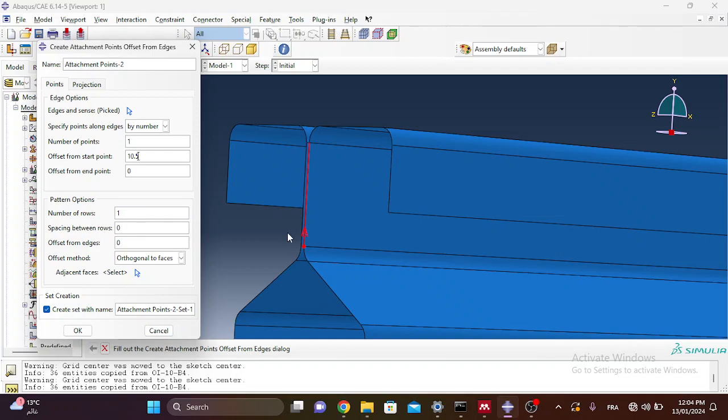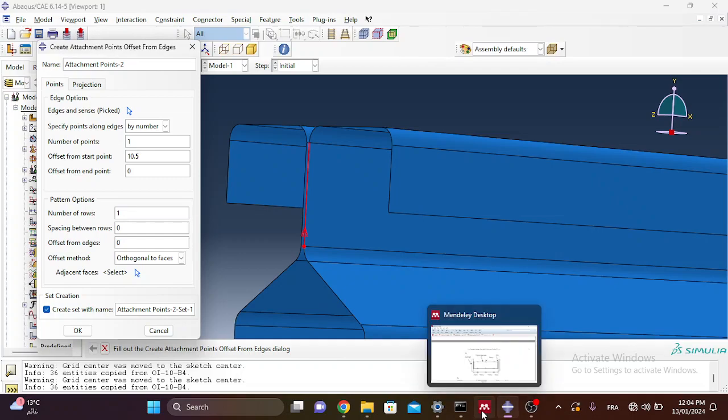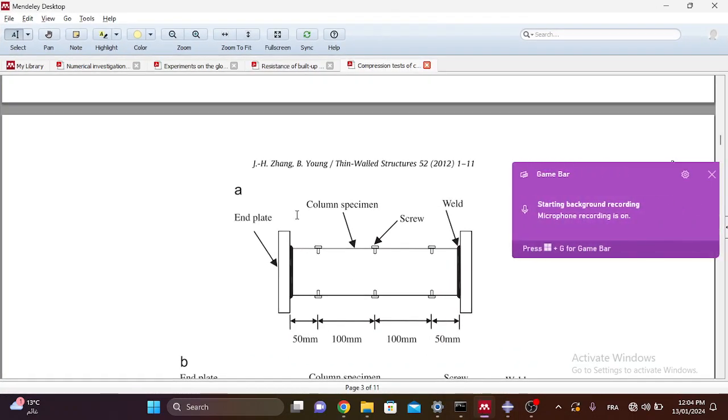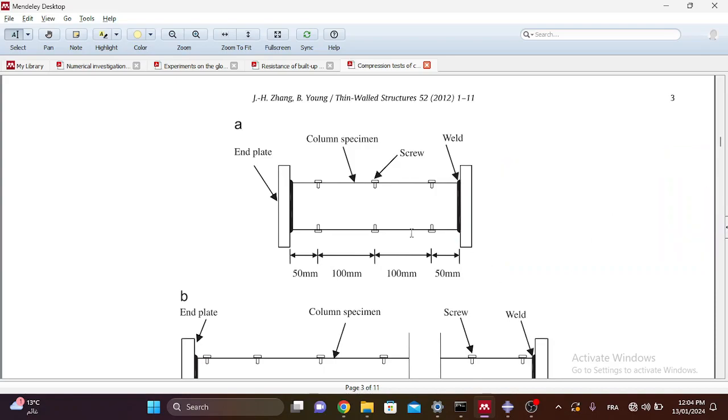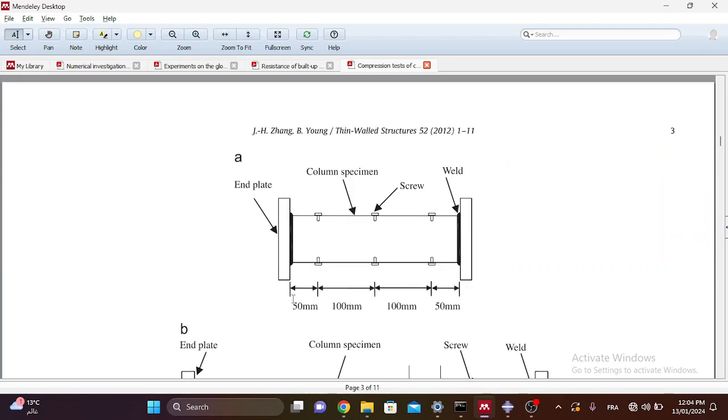I will go to the x direction, or in my case the z direction, which contains the distances between my screws. To do this, I have to open my example. The distances are 50, 100, 150. Okay, so